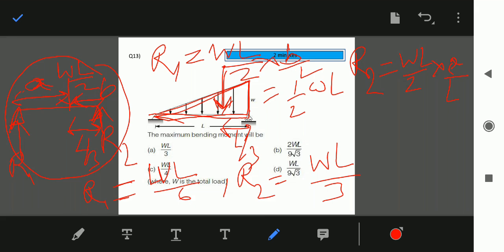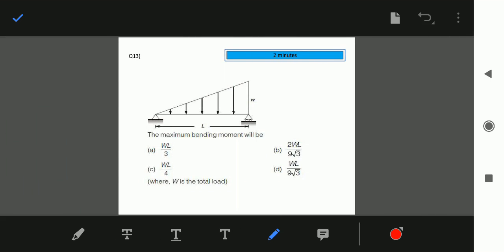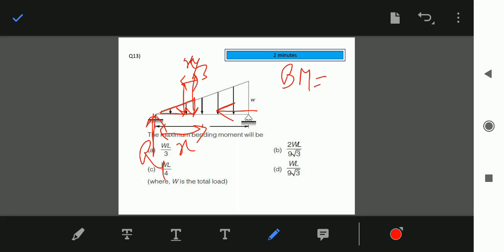Okay, so R1 and R2 we got. Now bending moment, considering from this side, because here it will be R1, and for x distance, suppose, here will be the load applied at a distance of x by 3, okay, for this small triangle. So the bending moment at a distance of x will be